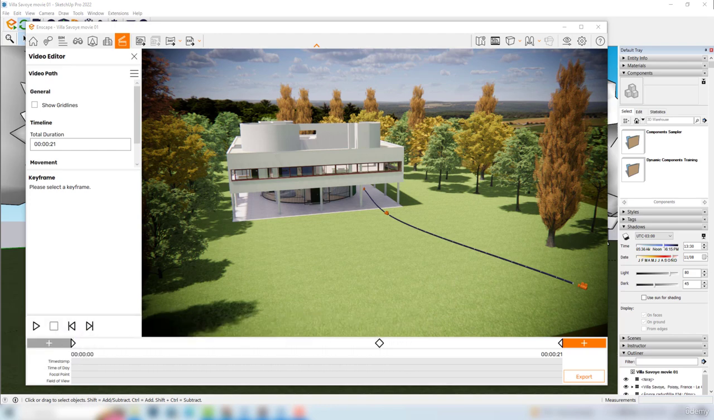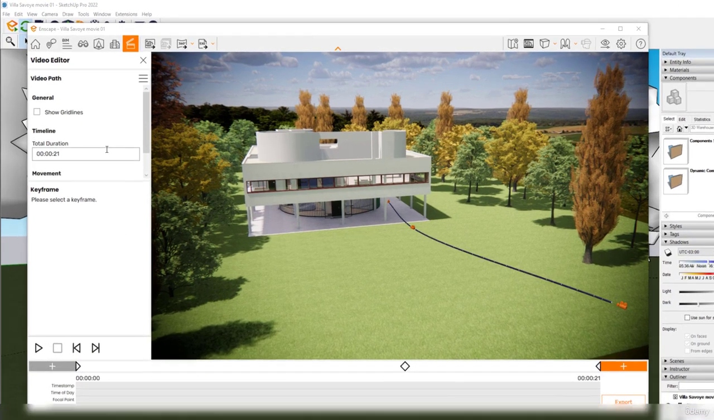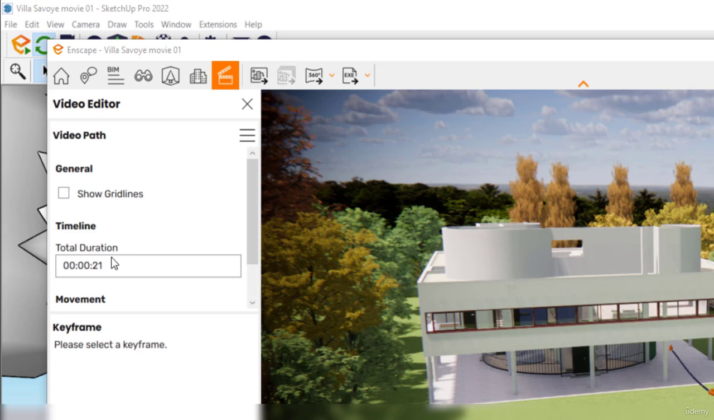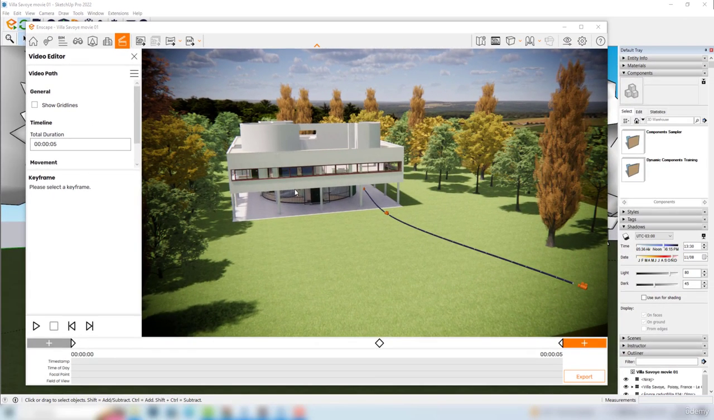To control the total length of the animation, we can basically change the total duration here. For now, our animation lasts 21 seconds, and if we change this length, we are consequently also changing the speed of the animation. If I change the total duration from 21 seconds to 5 seconds, the whole animation will take just 5 seconds, so it will be very fast. If I hit the play button here,